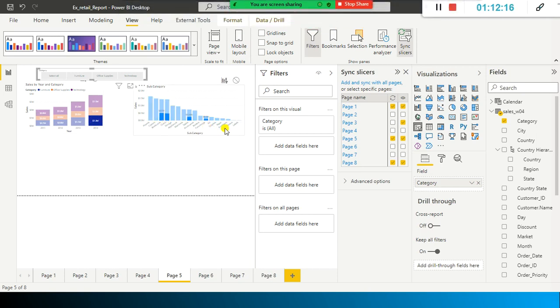See, the issue with this one is, let's say you are the report developer. You develop the report with this feature, cross highlighting. By default, cross highlighting is the default behavior. When you select any one of the items in this visual, the corresponding values are highlighted here. For example, if I select this one, let's see what happens. Yes, these values are related to this one.